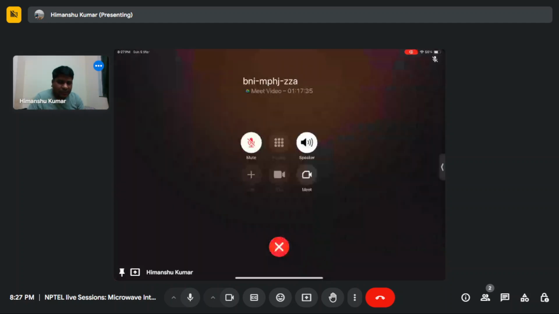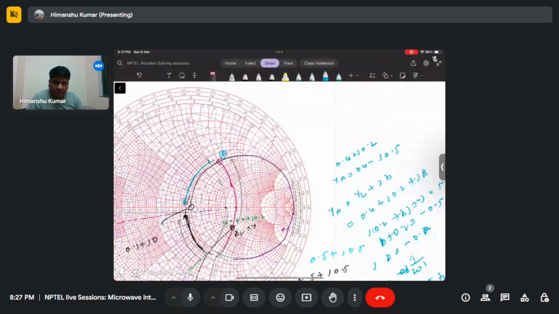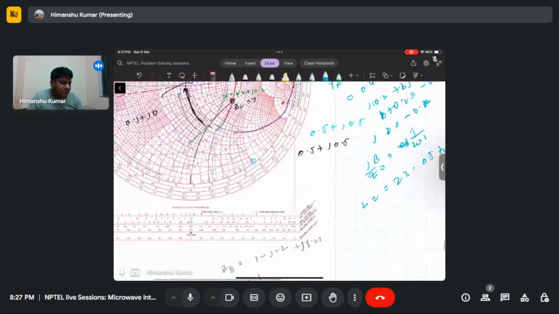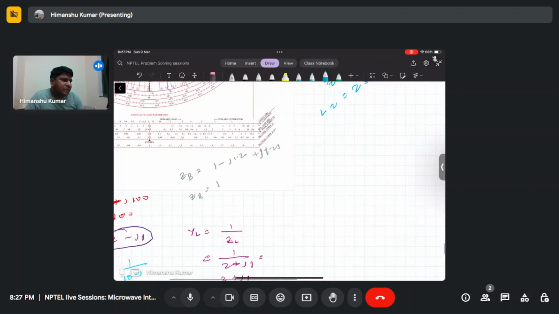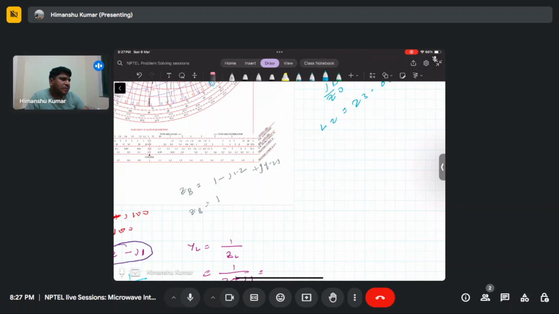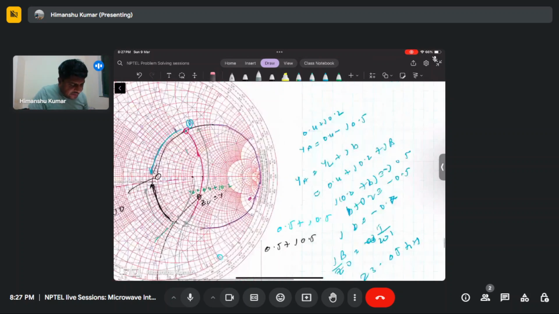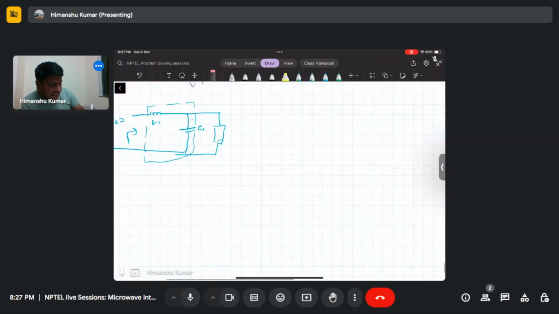So basically you need to move in the other direction for this. Then you need to add a series capacitance. You just calculate this: minus j times 1.2, and this you can calculate as 1.3. So the capacitance will be C equals 1.1305 picofarad. So if you design in other ways, then you add a shunt inductance,